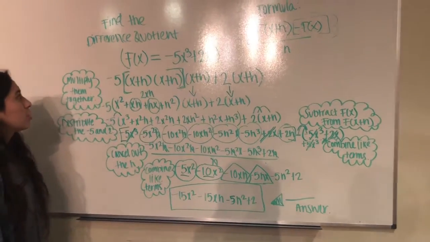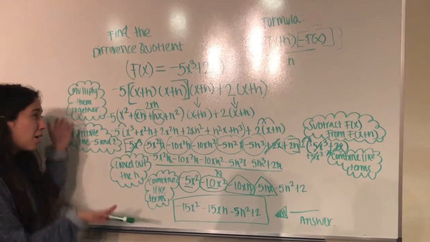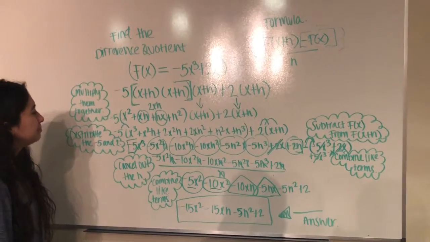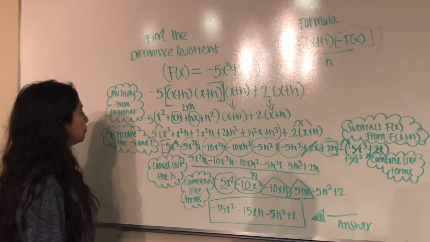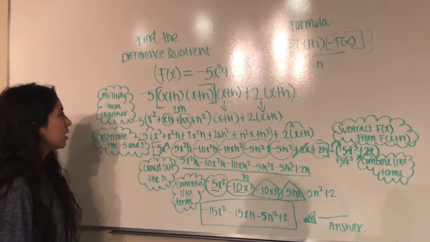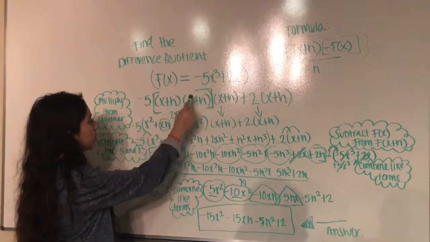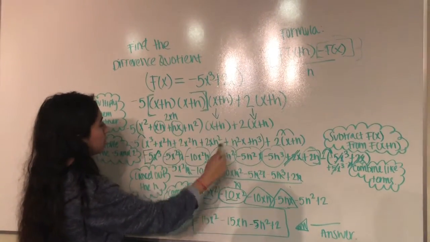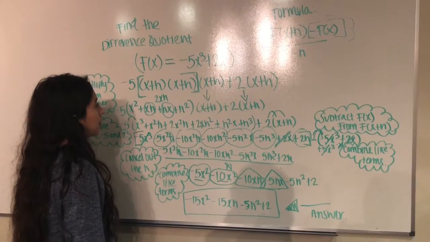2. Finding the difference quotient may look a little bit hard, but it's actually really easy. If you think about it, it's really just distributing and combining like terms. It's easy to work slowly with it instead of trying to do it all together. But yeah,